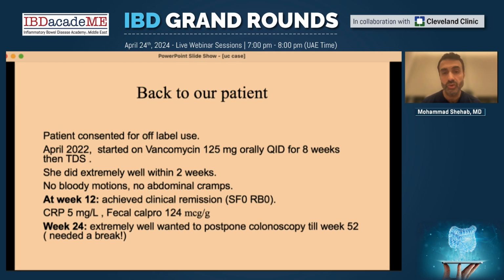There was no blood in the stool, no abdominal cramps. At week 12, she achieved clinical remission, which we didn't have for years. Her CRP came down to 5, fecal calprotectin 124. Six months later, she was extremely well. She said, I never,